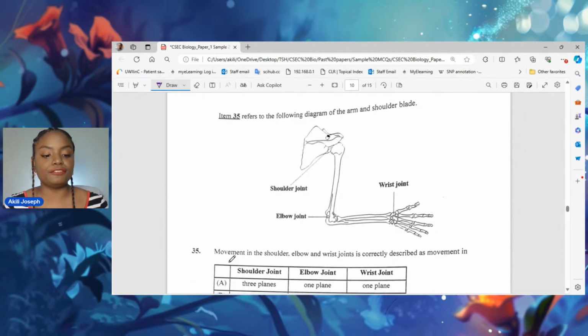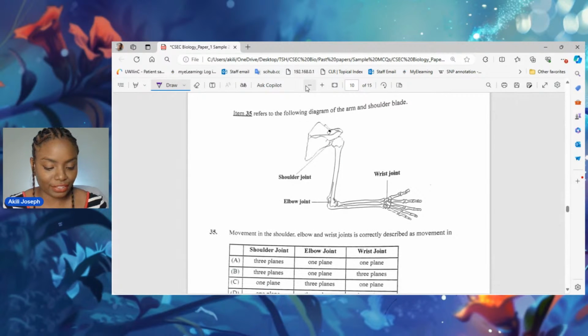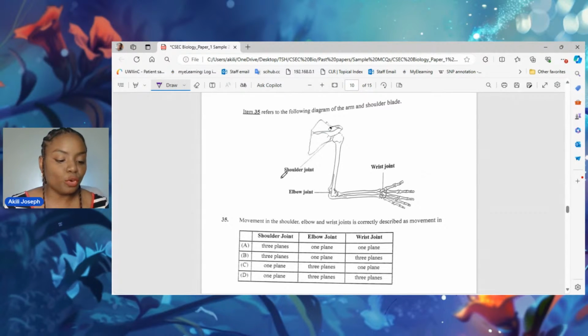Item 35 refers to the following diagram of the arm and shoulder blade, but I am going to have to zoom out here, so hopefully you guys could still see. Movement in the shoulder, elbow, and wrist joints is correctly described as movement in